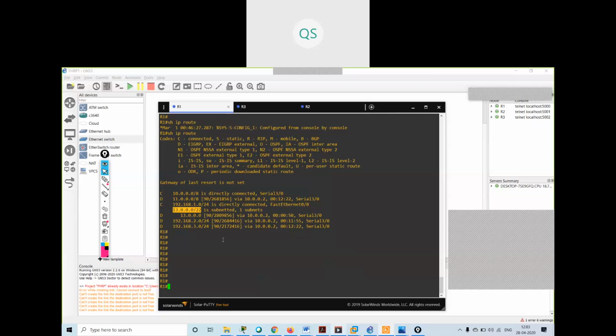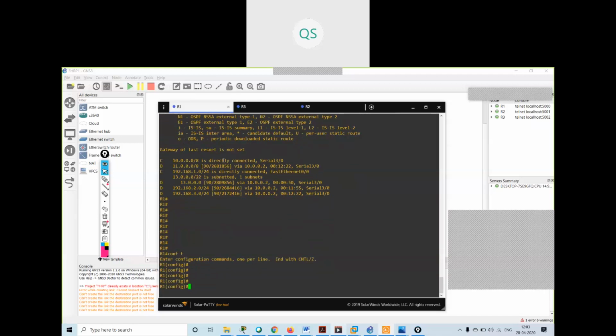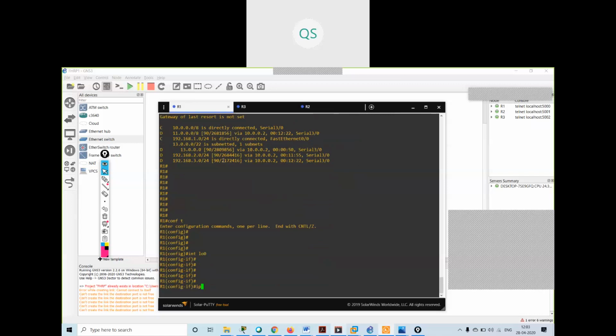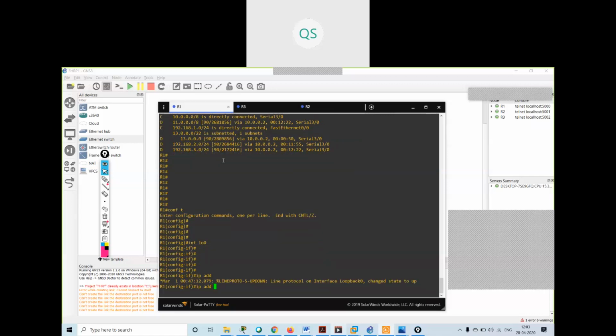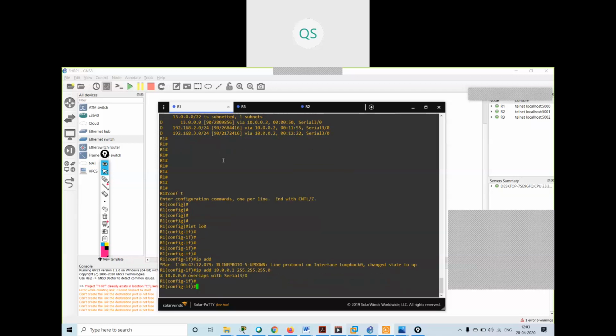You have to manually summarize the address and advertise the summary address. Suppose on R1 I make some loopback addresses. I'm on R1, so I will make interface loopback 0 with IP address 10.0.1.0, 255.255.255.0. Sorry, the 10 network is already there.